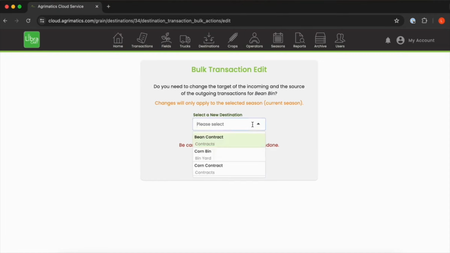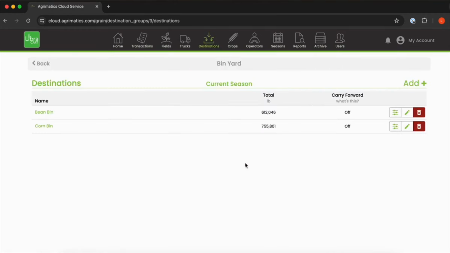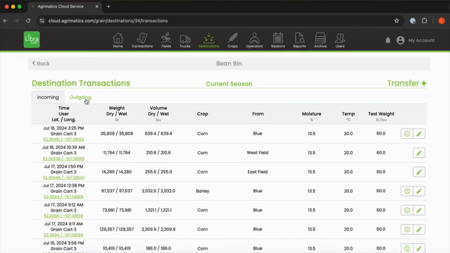For destinations, that means that we can move all of our transactions into a different destination and attribute them to it. It's not the same thing as an outgoing transfer. It moves all of the transactions, and it's not a transfer. For transfers, you'll have to drill a little bit further into our individual destination here, and this will also give us some extra information.